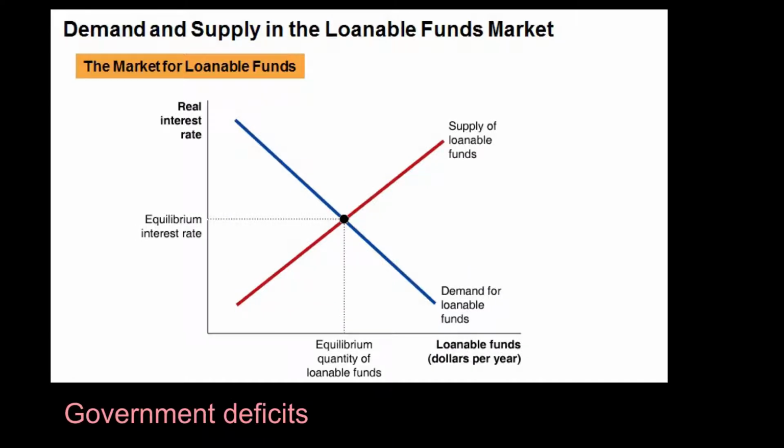All right, the final one we're going to look at is government deficits and, by implication, government surpluses. So what you have to understand is the book has basically decided that you're going to show government savings or dis-savings as occurring on the supply. So if you had a government that ran a budget surplus, what we're saying is that they spent less than they took in. They have a pool of money that is available.